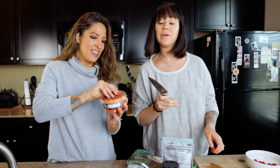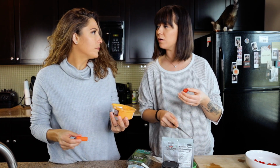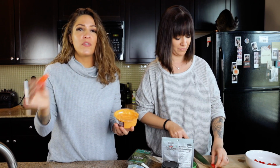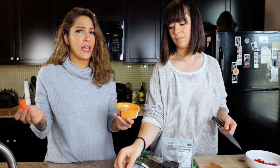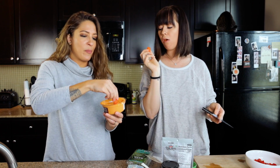And they have the best vegan queso that I have ever had, the same brand. Yeah, it's made out of cauliflower. I won't even eat vegan queso. I don't like vegan cheeses. I just don't like the taste of cheese. So I've never tried their queso, but everybody said that it's really, really good. But this dip is just like,